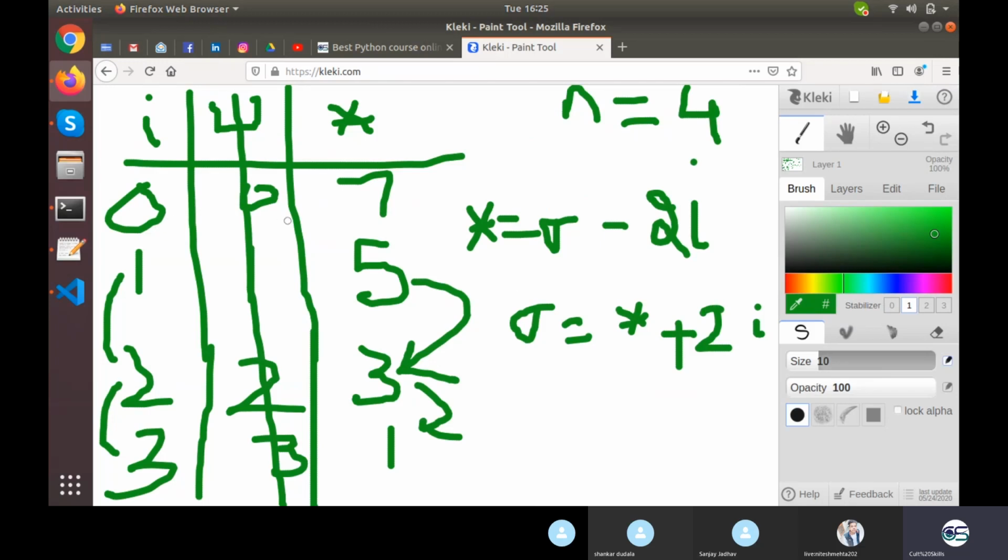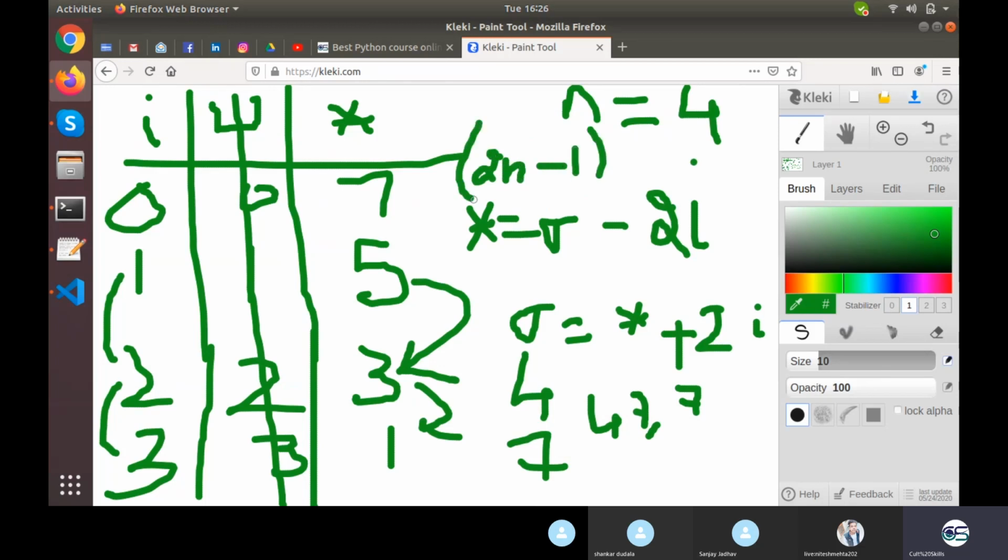So 7 plus 2 times 0 is 7, 5 plus 2 is 7, 3 plus 4 again 7. So this basically means 7. Now what is this 7? 7 is nothing but 2n minus 1. So it will be 2n minus 1. This is what 7 means.